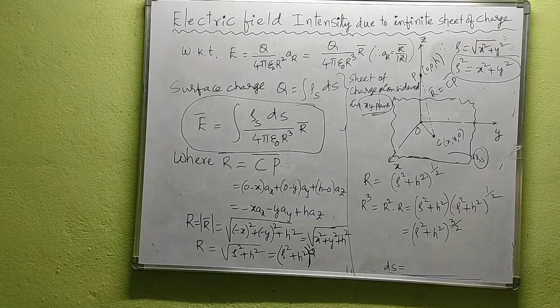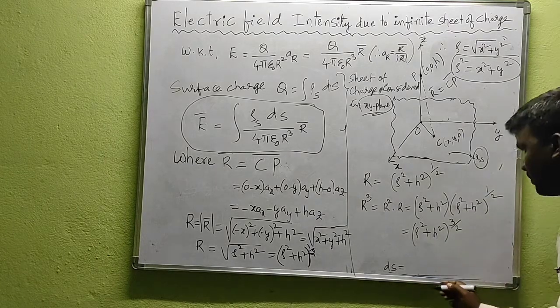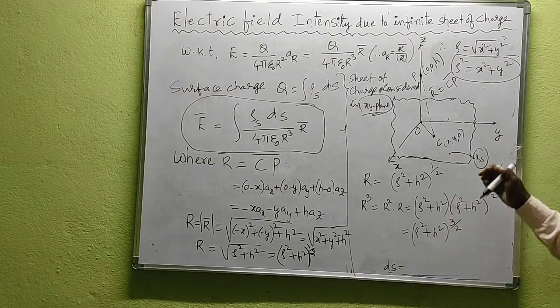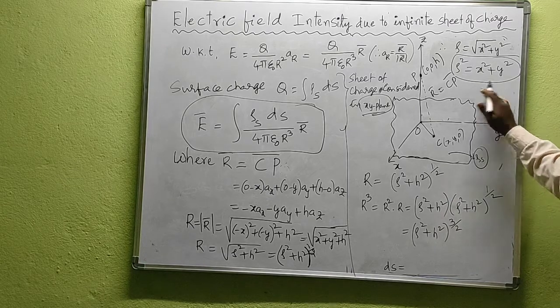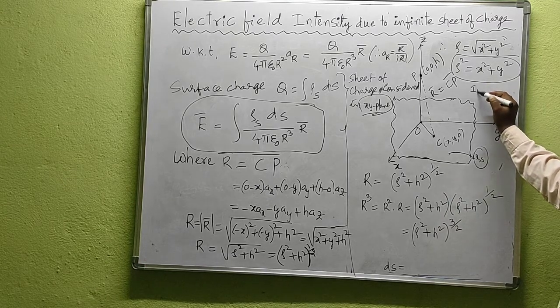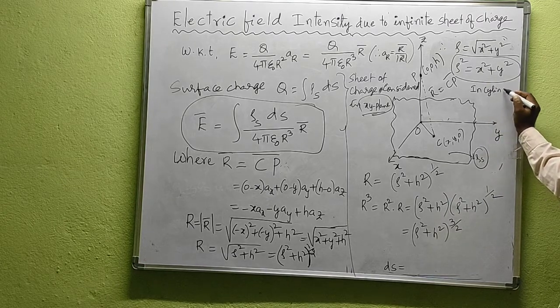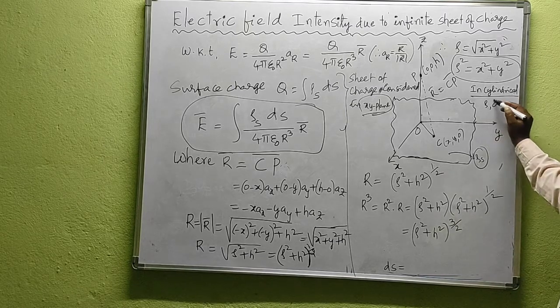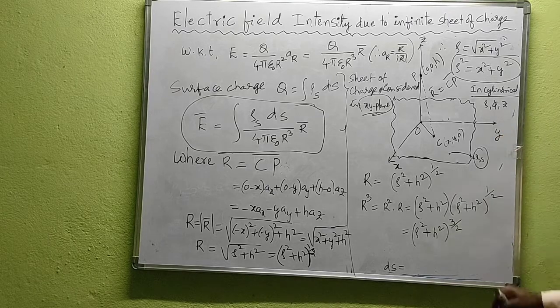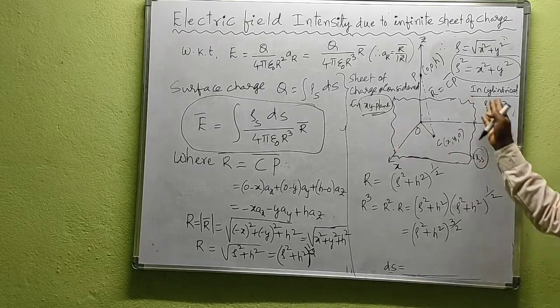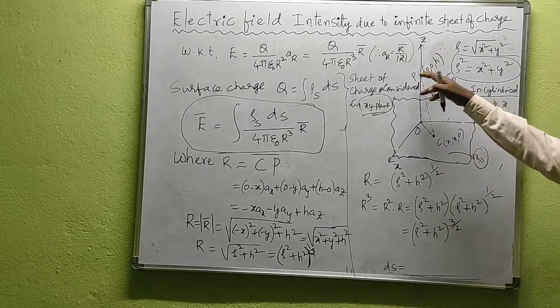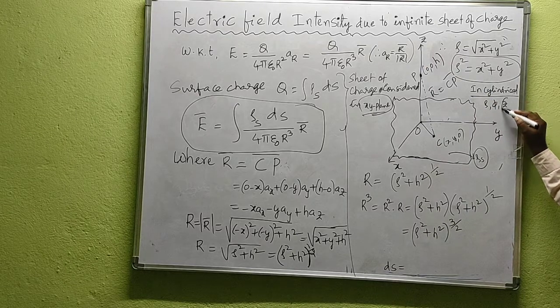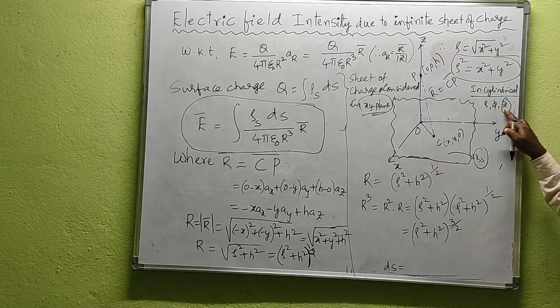Normal to z means what? Except z, we need to multiply the remaining two. In cylindrical, what are the elements? In cylindrical, the elements are rho, phi, z. So where we have the surface? In the xy plane. The xy plane is perpendicular to z. So that means we need to consider the differential surface area normal to z.